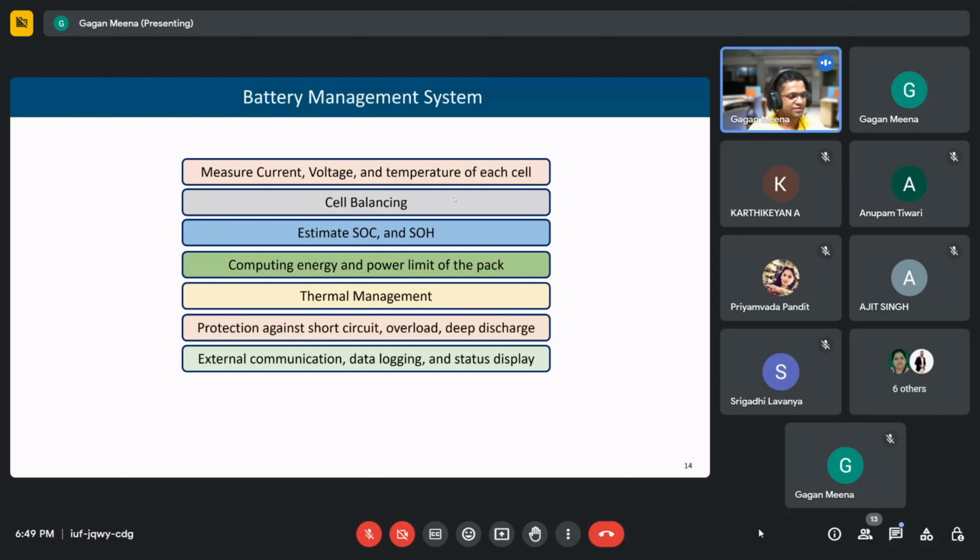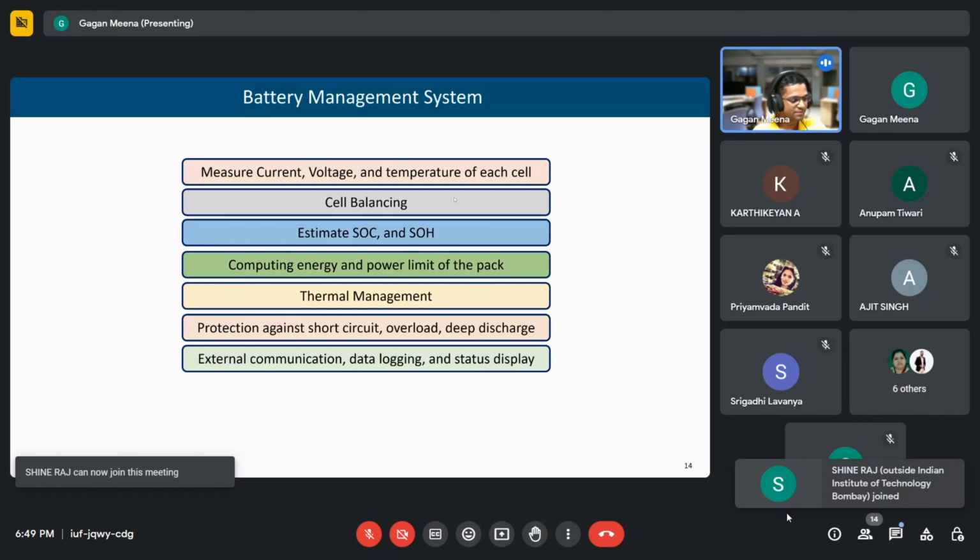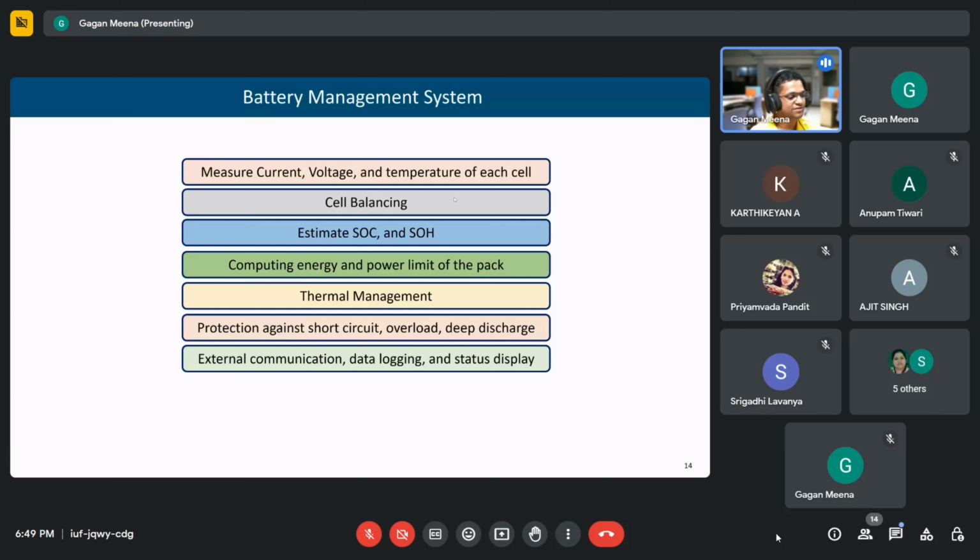Then we look into the battery management system. These are the different functions of a battery management system. A battery management system is a very important component for any energy storage system. Without it, it is not possible. Nowadays, you would have seen that